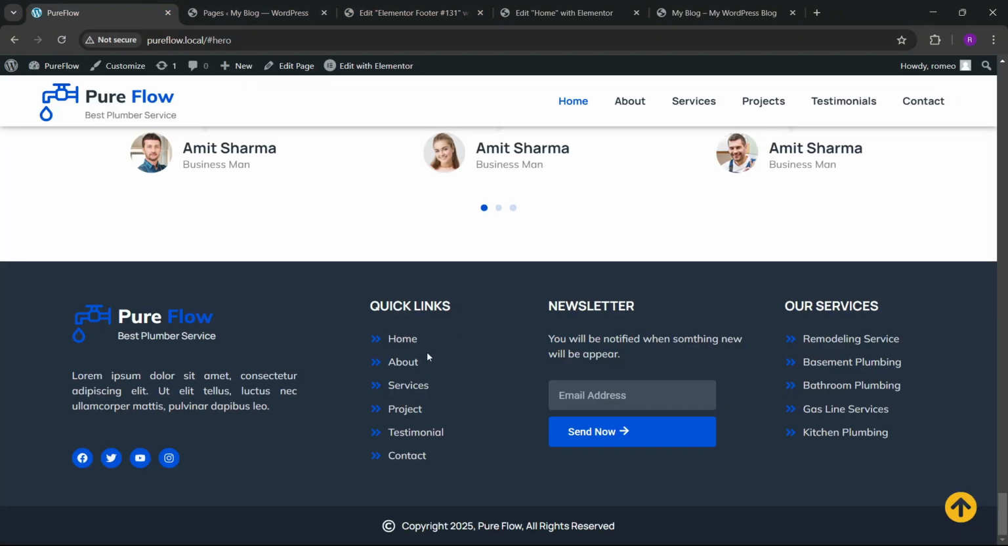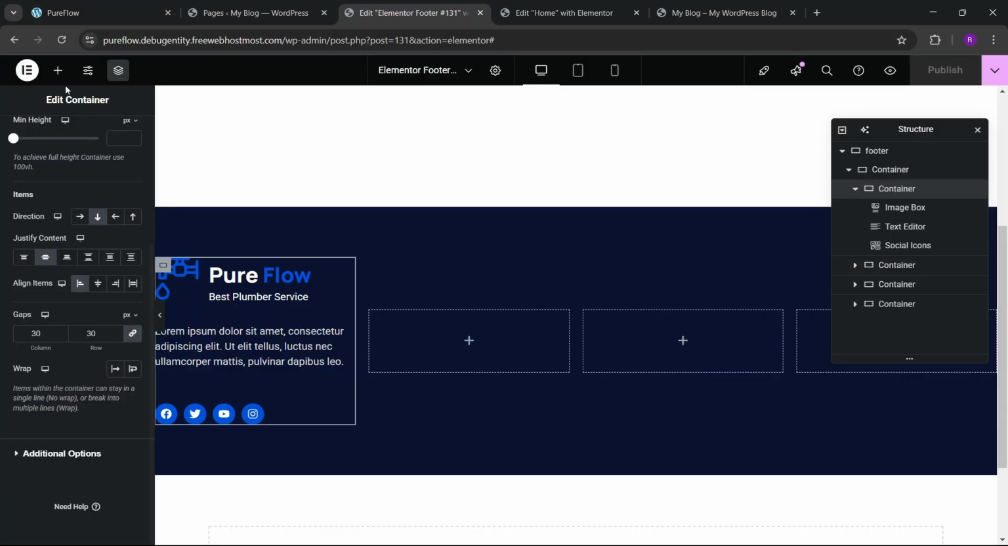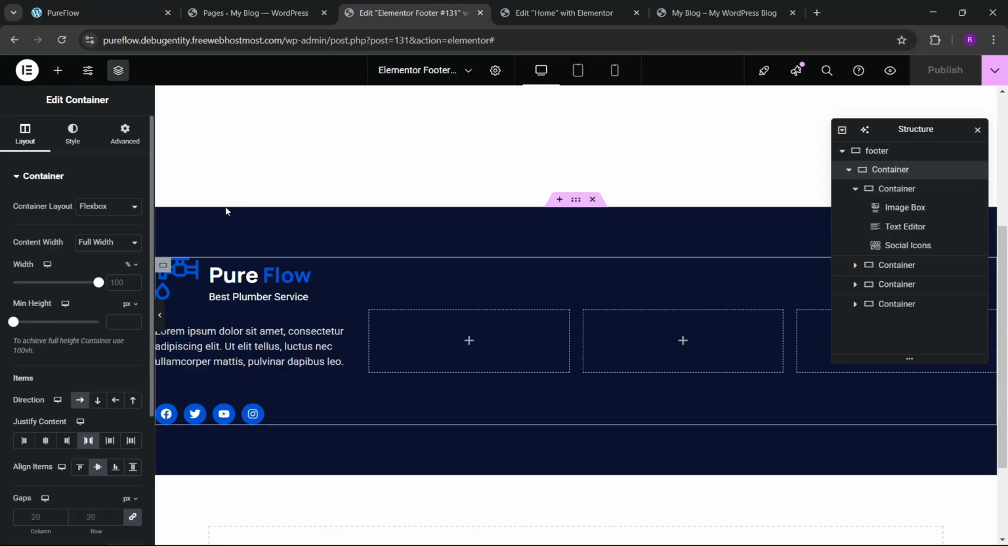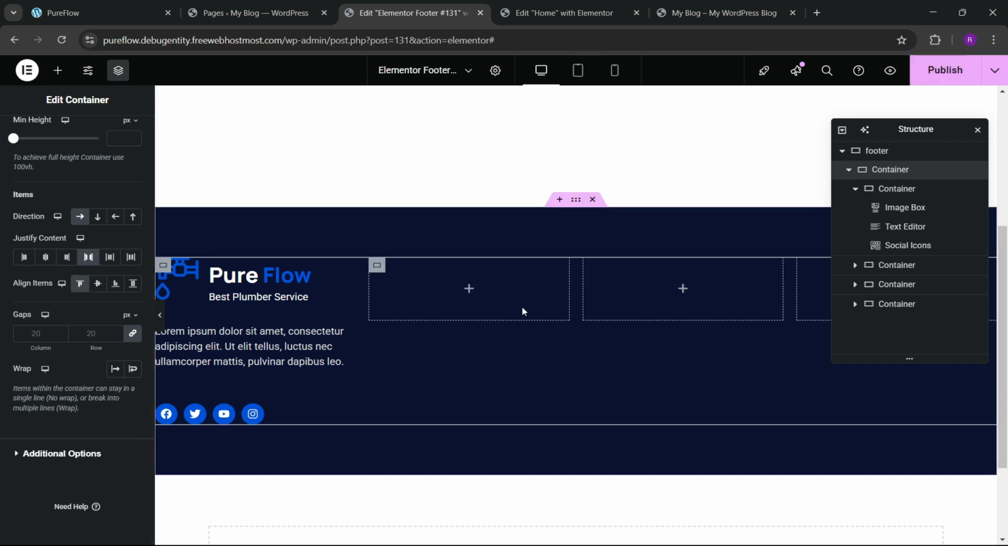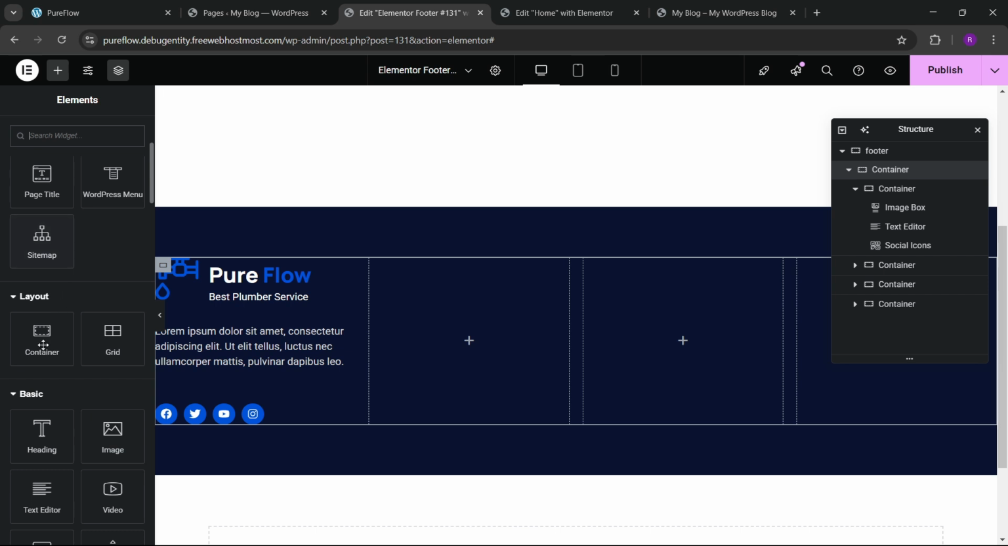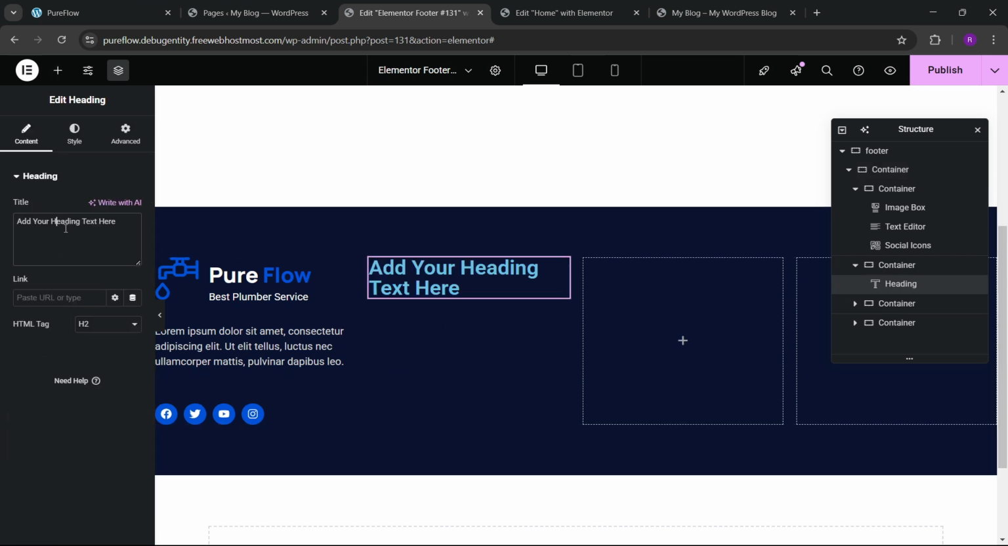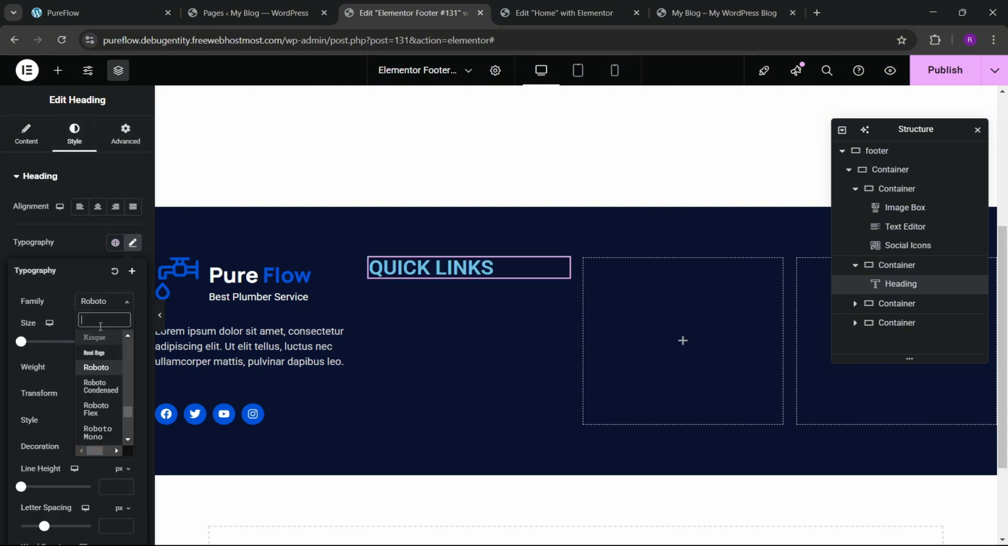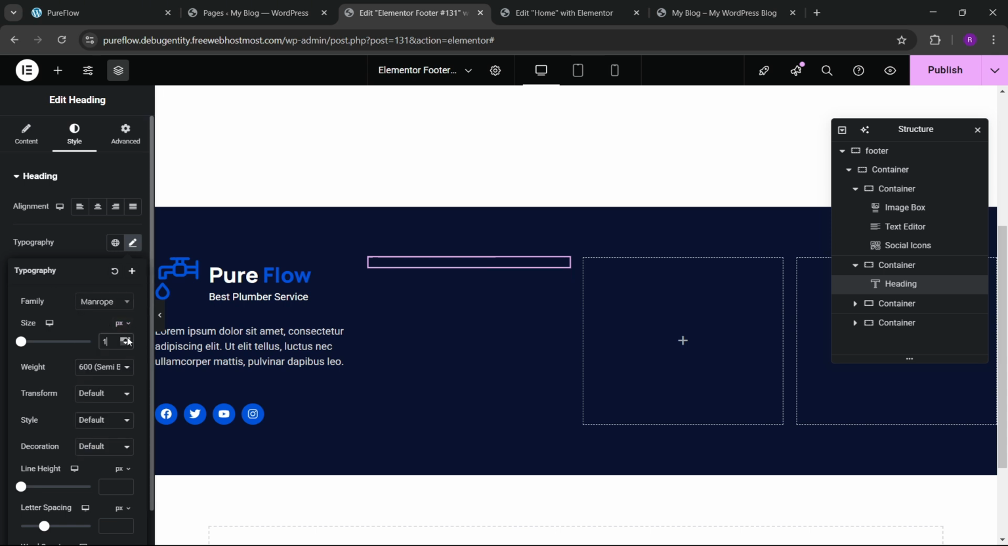Okay, so now you can see that we have these quick links. So for that, what we can do, first we have to go to this container. Here we can have this, so it will be straight, and we can also make this. So now we can add this here, and here we can add quick links, and we can make this font man drop, and we can have this